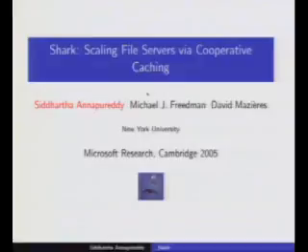Sid has been working on coding distribution for quite some time. He was here in the summer working with me and Pablo on coding distribution for media streaming. Today he will present some work he's been doing back at New York University. Sid will talk about the system that they have developed for scaling file servers called Shark, a system that appeared at NSDI. So if you have any questions